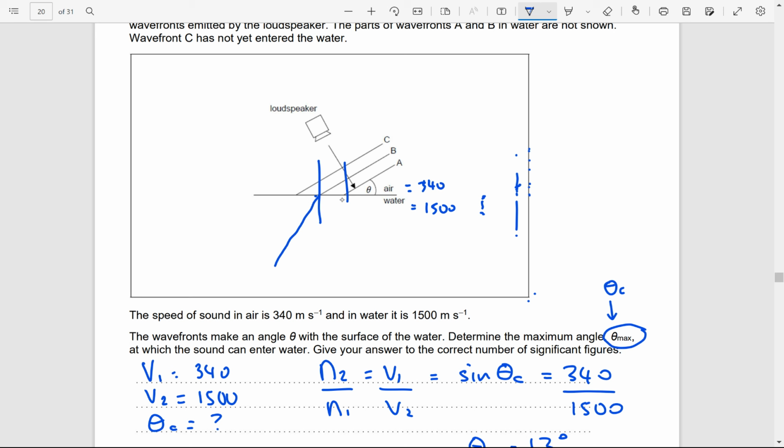So we're going to get a bending towards the normal like that. And if we did have uniform lines, you would notice that the distance between them is the same, and it's also greater wavelength than